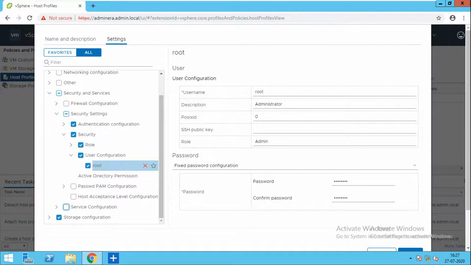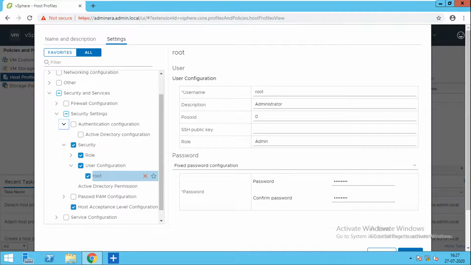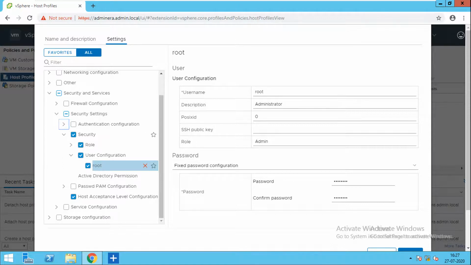In the security settings I'll deselect this. I don't want authentication configuration; I want only security roles. What I want is security, role, user configuration, and root. This part should be selected, not more than that, and I have picked the password.